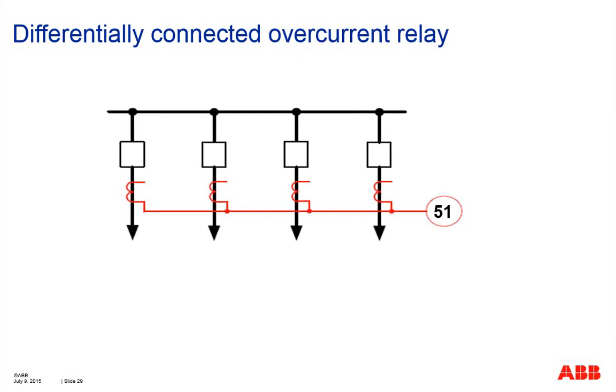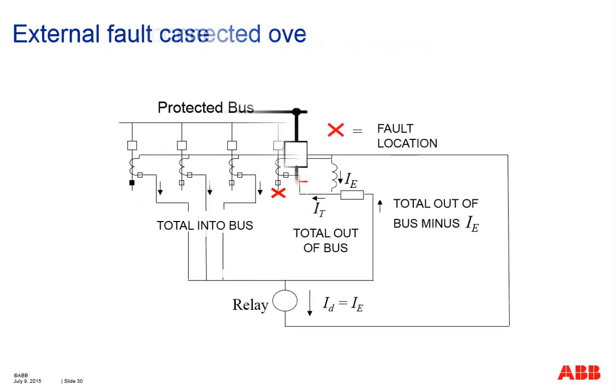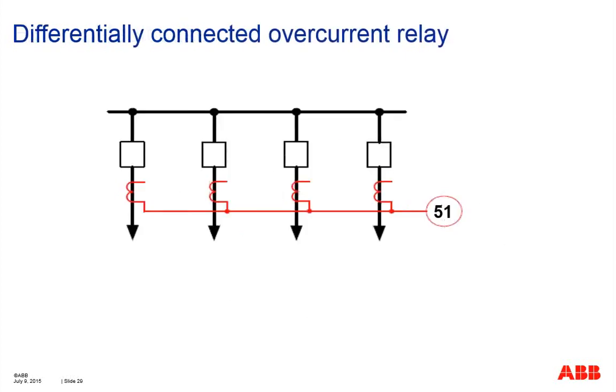As you can see, if you differentially connect all the CT circuits, basically you sum them externally through wiring, and then connect it back to the relay, effectively this is the differential relay. What's the difference between this and the modern numerical busbar protection with differential feature? It is that this one does not account for, first,